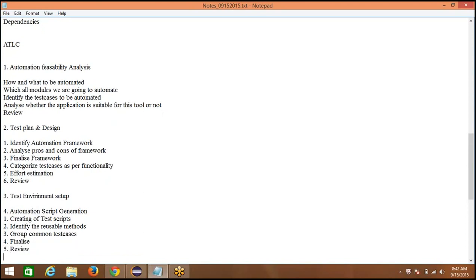We should review whether we met the coding standards or not, whether we met the naming conventions or not, whether the project is very modular or not, whether all the things are in a reusable format or not, whether the variables are declared correctly or initialized or not, whether the return types are written or not, whether the Java doc is placed or not.